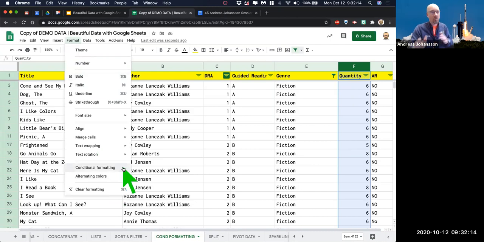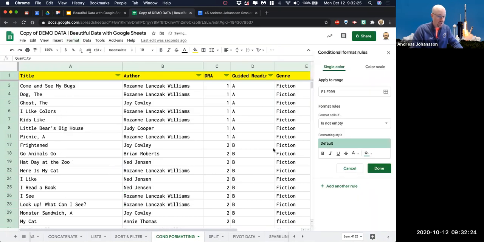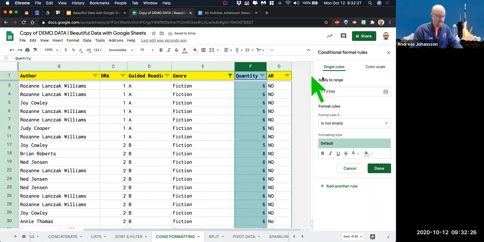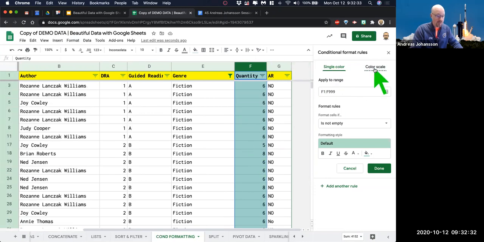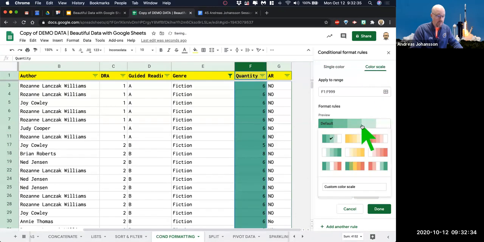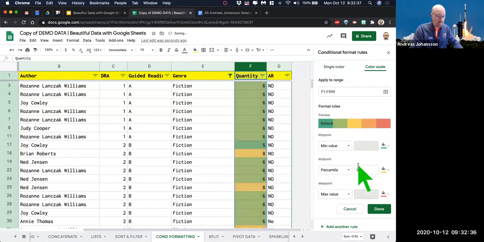So formatting has to do with how it looks and feels. Conditional formatting says, make it look this way based on a certain rule that I set up. So I'm going to click conditional formatting. And in this case, I don't want to just format a single color because I want to know from high to low. So I'm going to go to color scale,